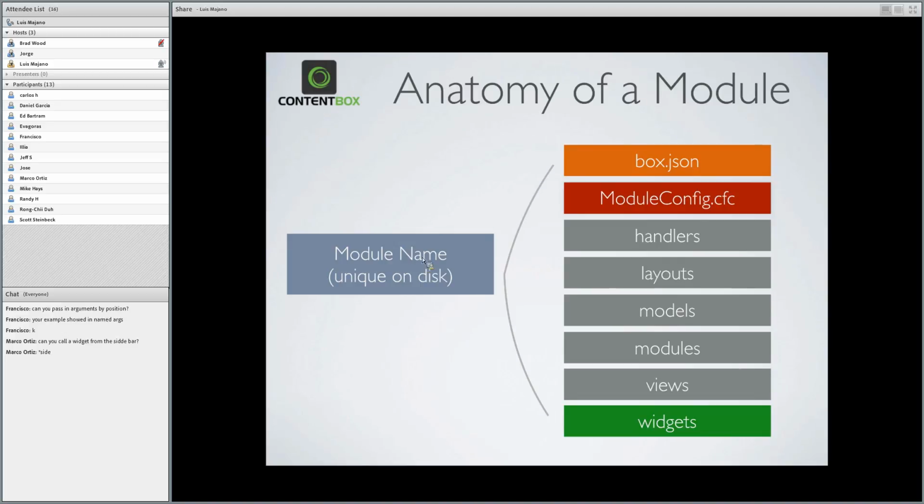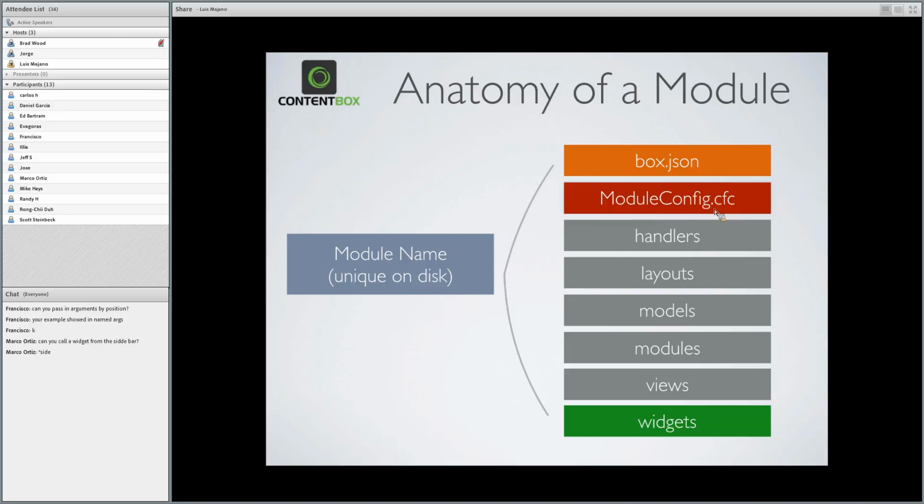It can come with its own widgets. Okay? It can have its own environment detection that it inherits from its parents. And you can use it to execute to-do lists, or what we call self-sustainable events. So you have a whole gamut of things that you can do with modules. So as a developer, you're not really restricted.